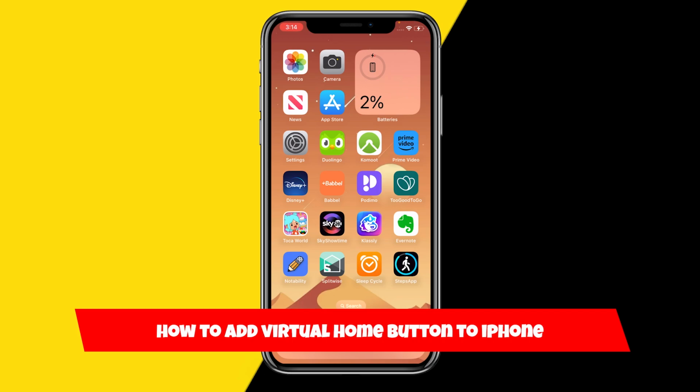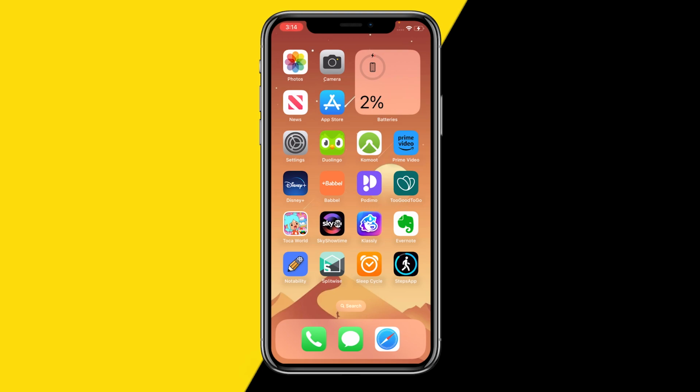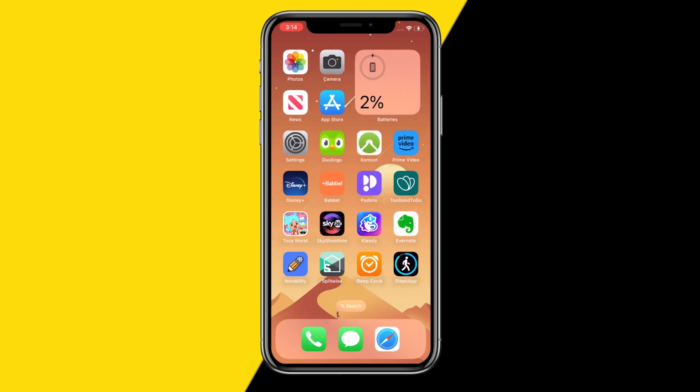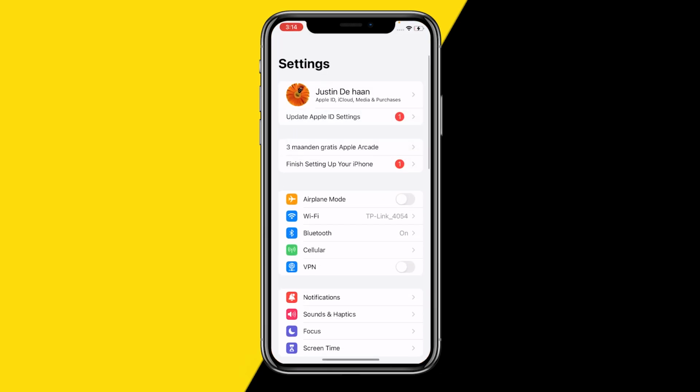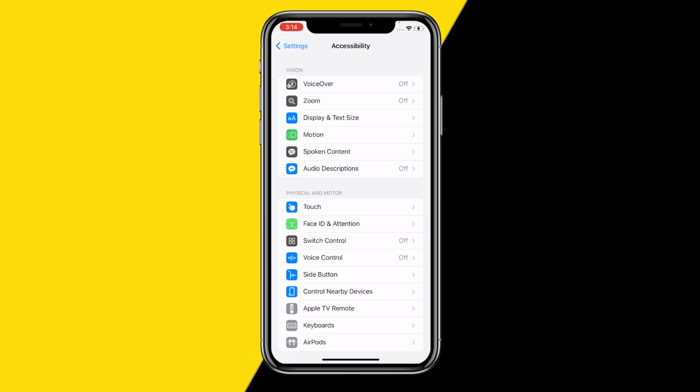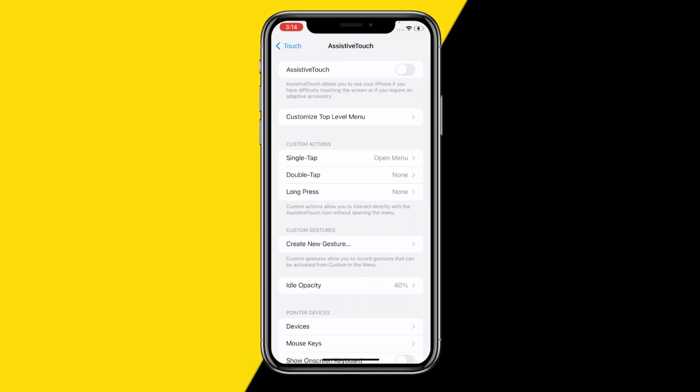So if you want to add a virtual home button to your iPhone, because you probably right now are using a phone without a home button, then what you can do is simply head over to settings just like this, and you need to scroll a little bit down until you find accessibility, and then from here we're going to click on touch, assistive touch, and then you want to simply make sure to enable assistive touch, and then this